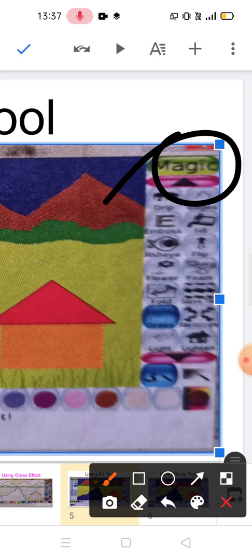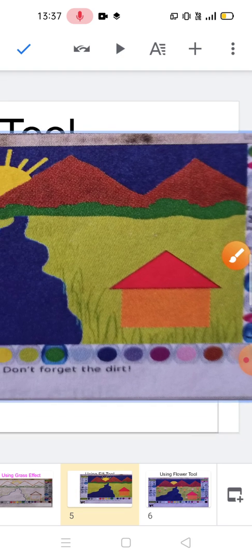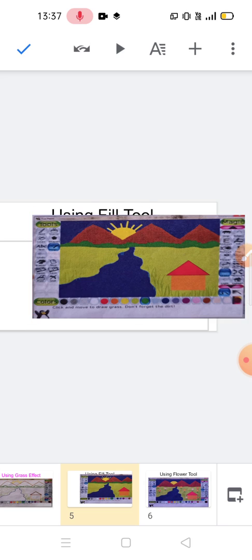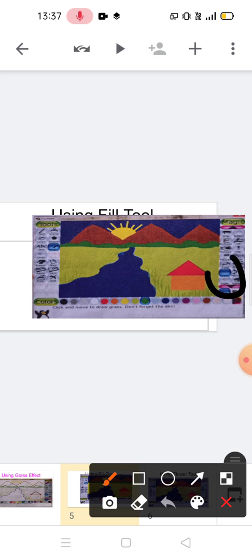For this, first of all, we have to select the magic tool, and then you have to choose the color, and here you can choose the fill tool.